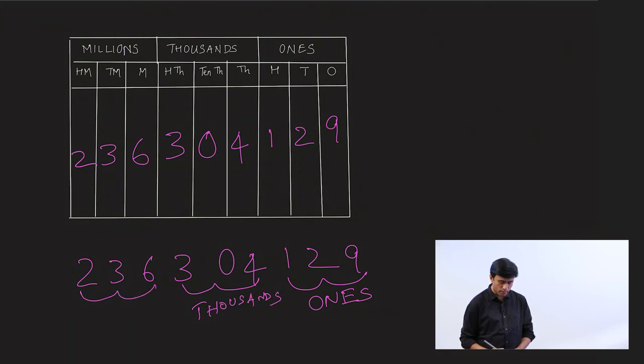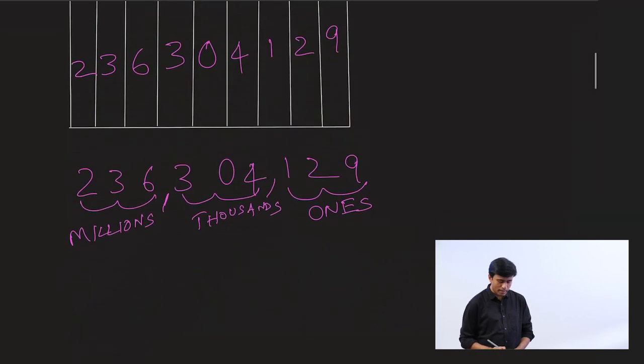And these 3 form the millions period. And the periods are separated by commas. Let's read the number from left to right. Go ahead and read. This 236 million